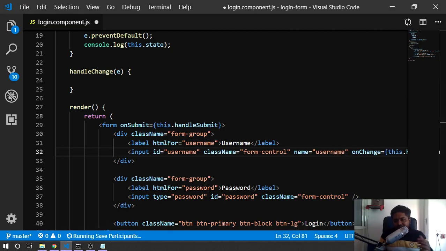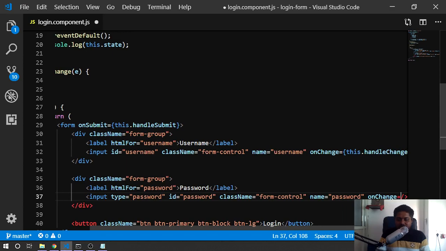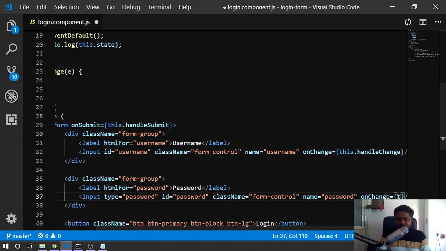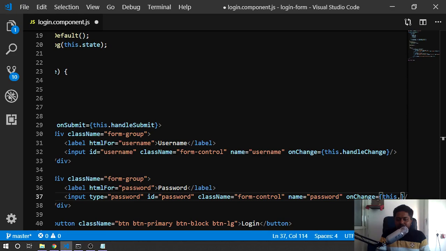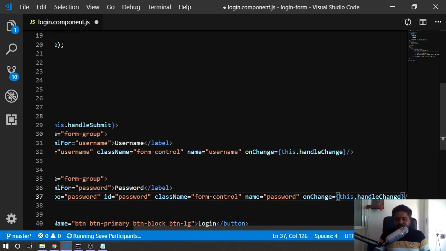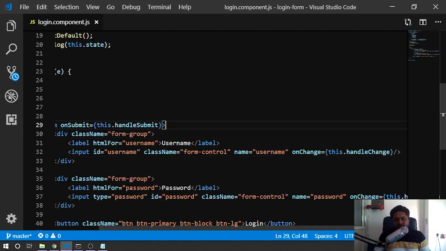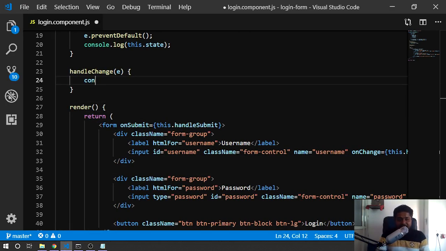What this would do is I would be able to access this name inside the handleChange method, and that way I'd be able to bifurcate whether I'm going for data username or whether I'm going for data password. So it'll be this name that would bifurcate the event that is happening. All right, let's see how. Let us also go for the name password, and on change is equal to this.handleChange. So what this would do is I can do something like this: console.log